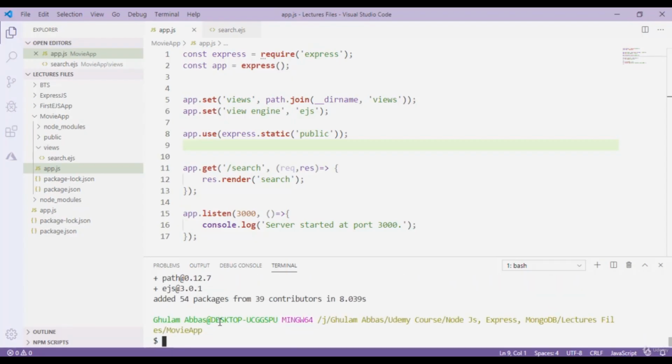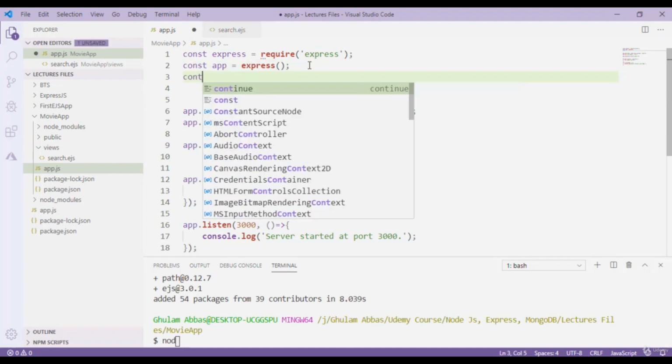Okay, so packages are installed successfully. Before that, I also type here const